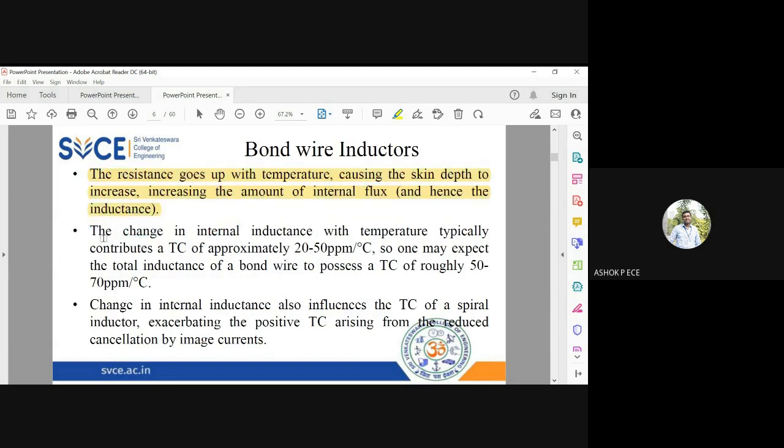Approximately, it has a temperature coefficient of 20 to 50 ppm per degree Celsius, but practically you may expect 50 to 70 ppm per degree Celsius. For a 1 degree Celsius rise in temperature, the inductance value will rise by 50 to 70 parts per million. So the change in inductance value will influence the temperature coefficient also, and that is going to be a negative factor for your